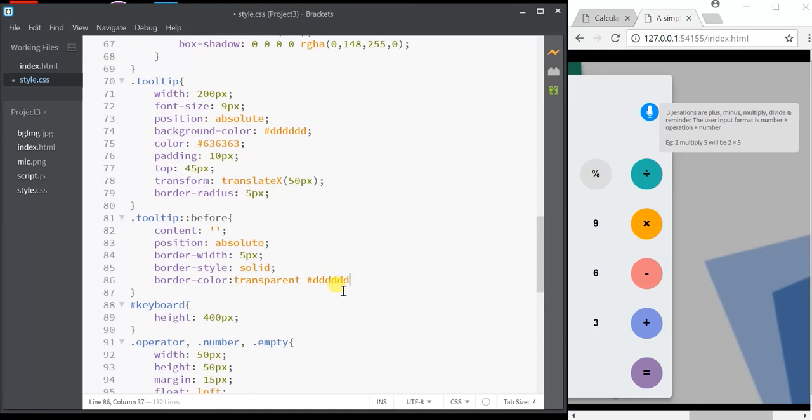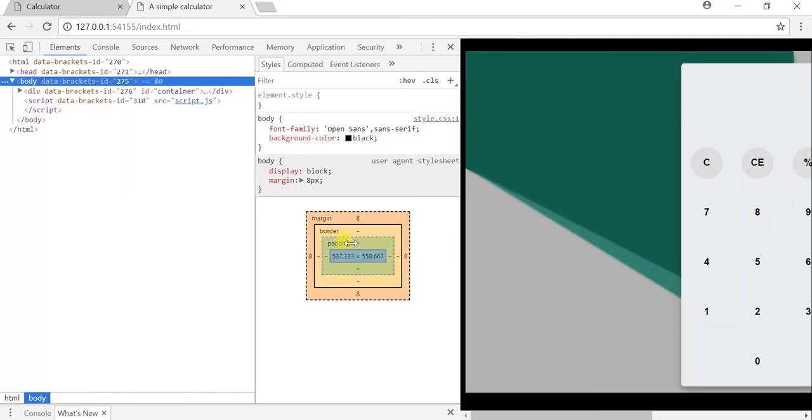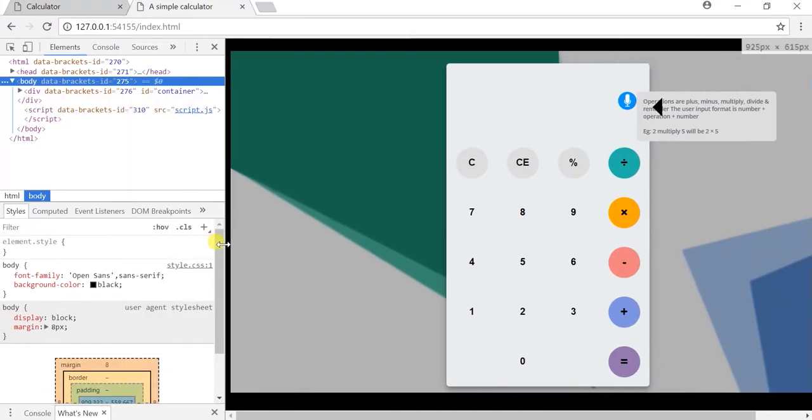Now this changes the square to triangle. For demonstrating it, I'll give the color as black and a bigger border width. There's a triangle. Let's open up the console, go down to the triangle element,